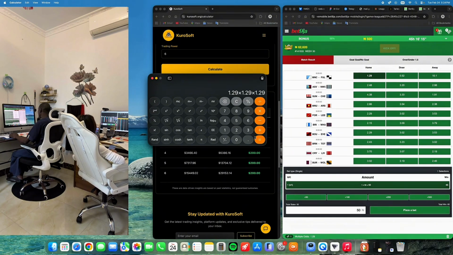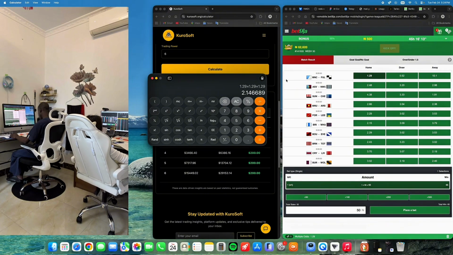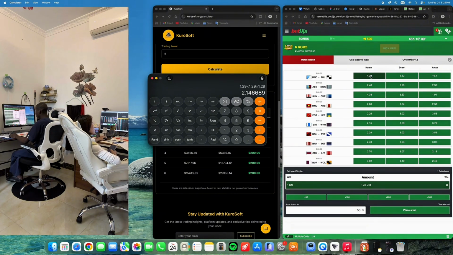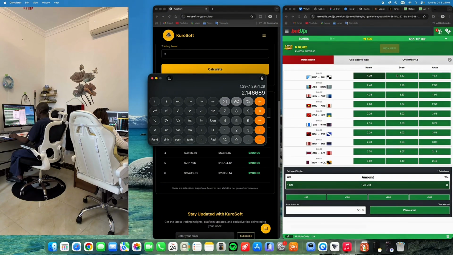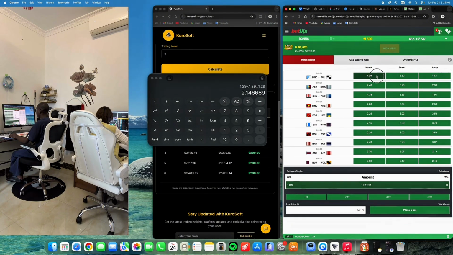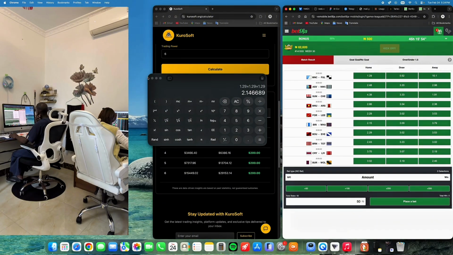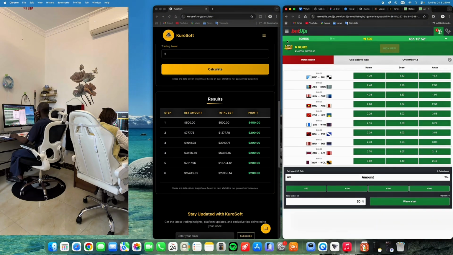Okay, so you are going to have a total of 2.14 odd. So what you are targeting is not just this odd, but how many winnings you can get from this odd. Because having an odd like this automatically gives you very high chances of winning. Okay. So secondly, let me explain another logic here.